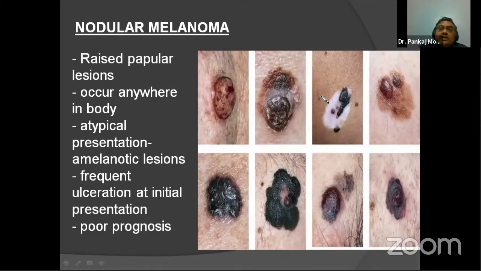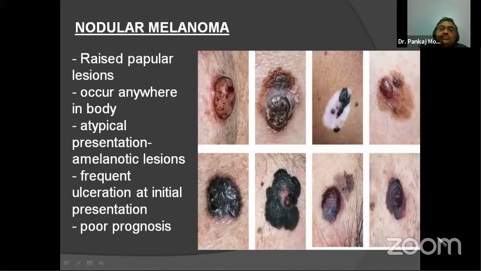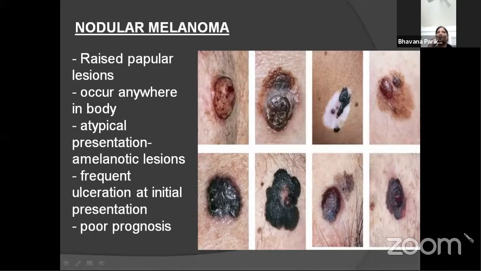Do you have the percentage wise which one is common, uncommon out of all these four? Percentage wise, I don't have the statistics. Bhavna Ben, would you like to comment on that? Sir, basically what we see is generally nodular malignant melanomas, more of cutaneous melanoma, which we see more as compared to the other non-cutaneous melanomas. And second is superficial spreading, and then comes acral and the other types. So nodular is commonest. Nodular and superficial spreading both are common in clinical practice right now. And the lentigo maligna melanomas which we see are very few, lesser than the other types.